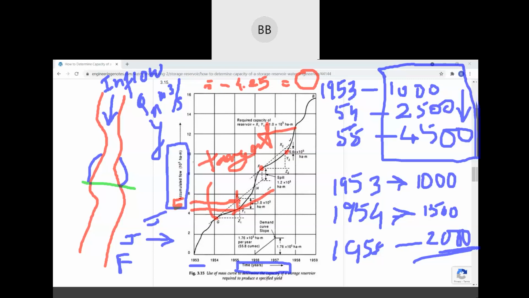Okay, so what you have to do, you have to draw two tangents, one at the dry point and one at the flood point. Then you have to draw a straight line which should be parallel to your y-axis. Then you have to see where this line intersects your flood point tangent, and find that point on the y-axis. From the dry point also you have to find the value, and then you have to subtract.